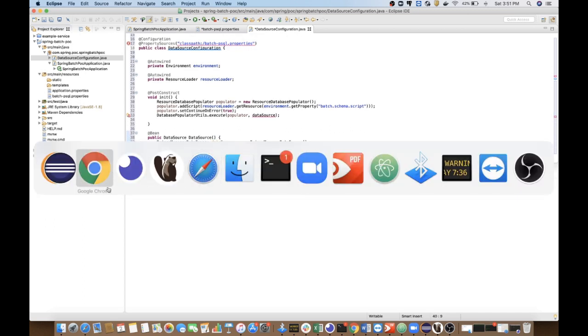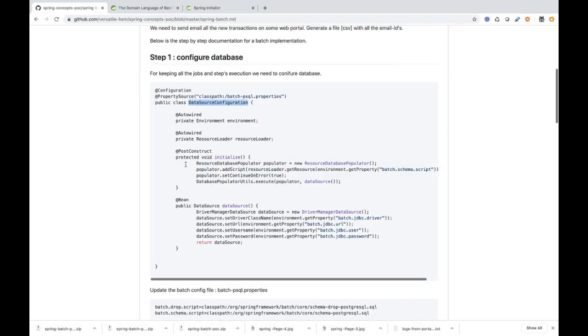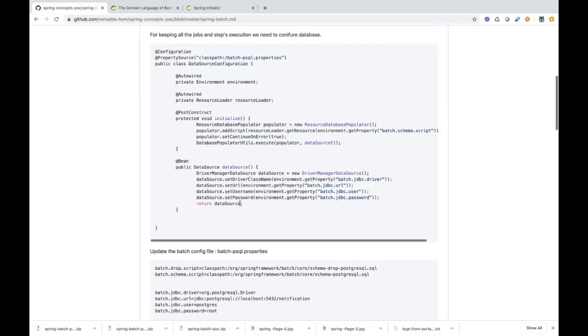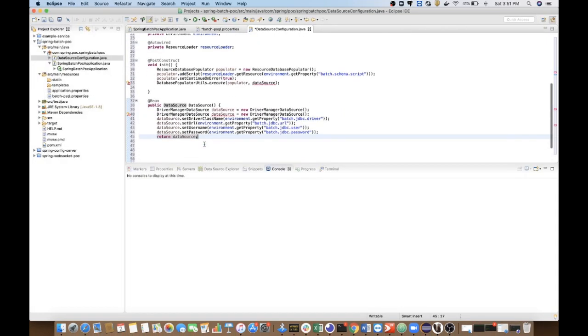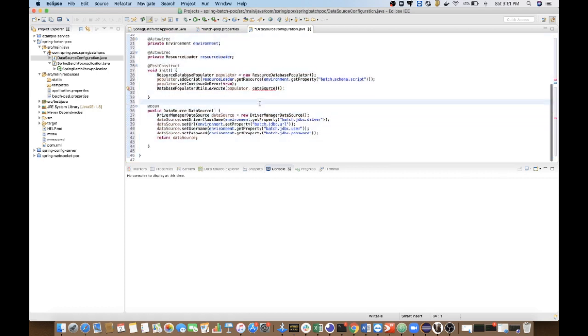So for faster, let's copy it from here. So these are the properties, right? Okay, fine. So remove this line and this is the data source. Okay, so we have configured the database.